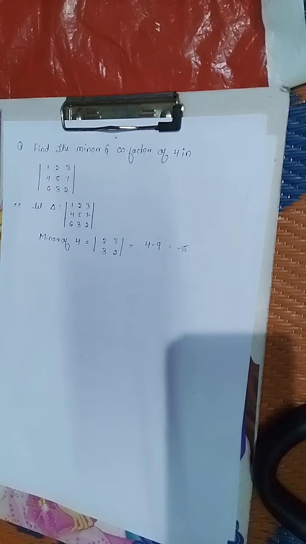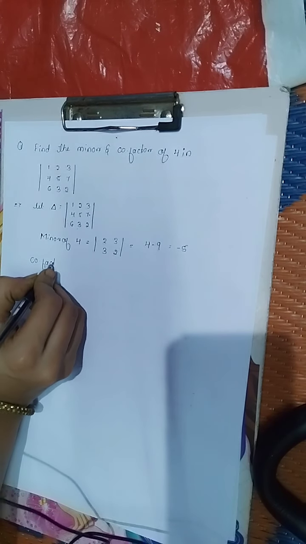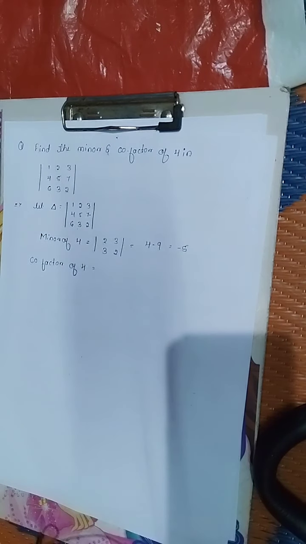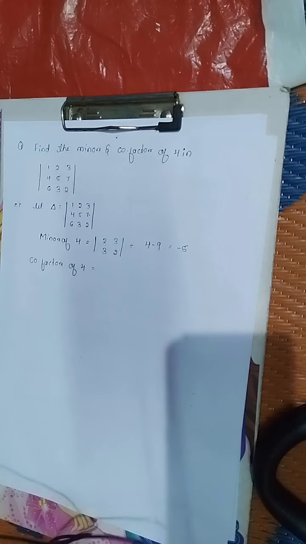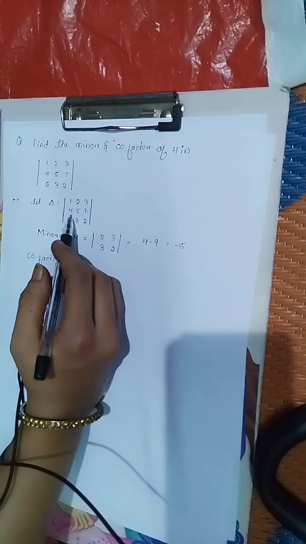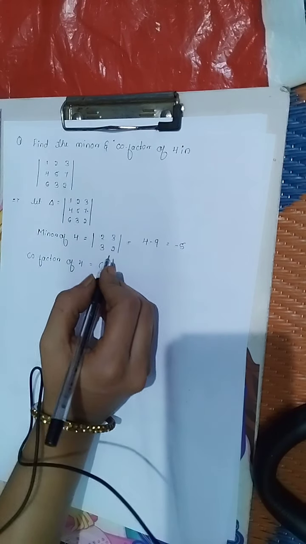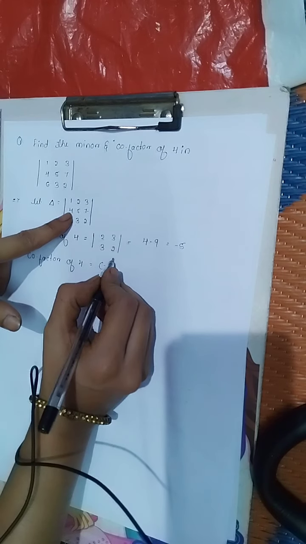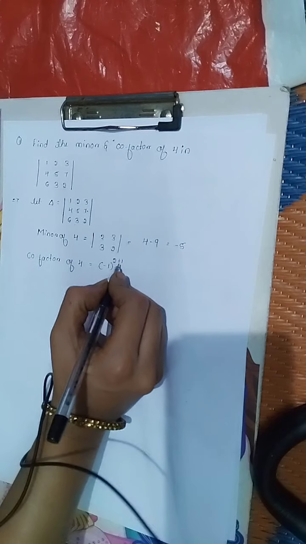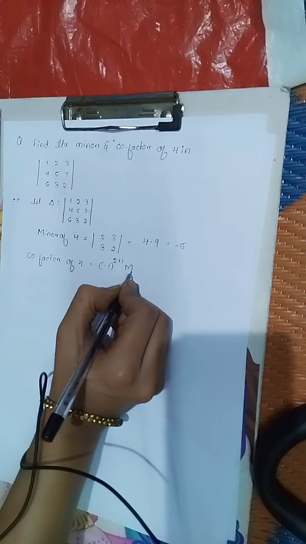Minor of 4 is minus 5. Similarly, cofactor of 4. Cofactor of 4 is nothing but minor with a proper sign. So this element 4 exists in second row, first column. Therefore, we write it as minus 1 to the power second row, that is i, first column, that is 1. Minus 1 to the power 2 plus 1 with minor